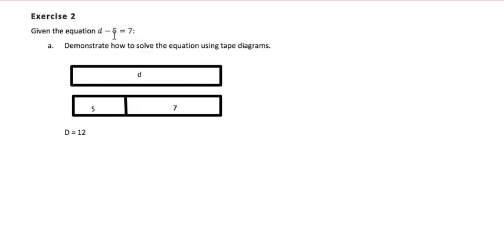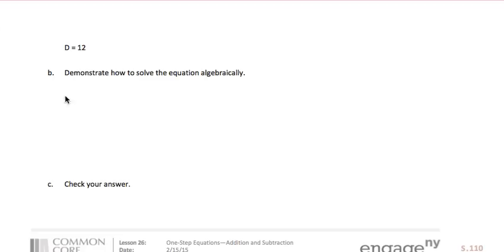Hopefully we're starting to see that we're doing the opposite of what's being done in the problem. So we're adding 5 to find out what D is. In our early problems, we were subtracting. To solve the equation algebraically, we take the problem D minus 5 equals 7. And then what we'll do is add 5 to each side of the equation,